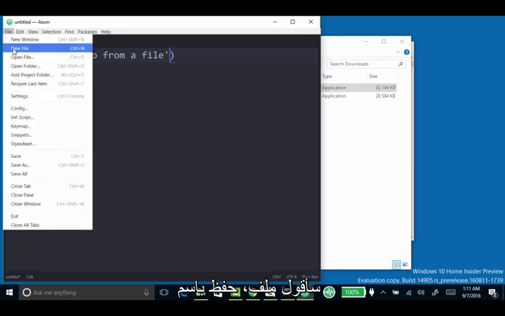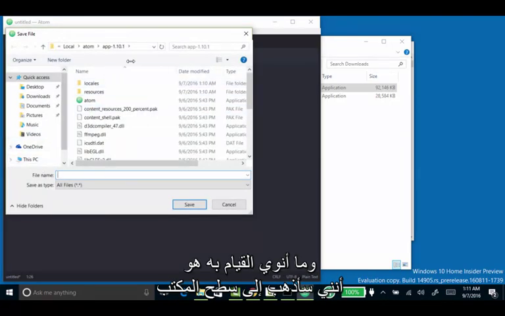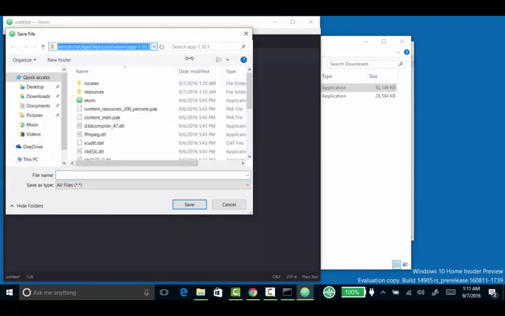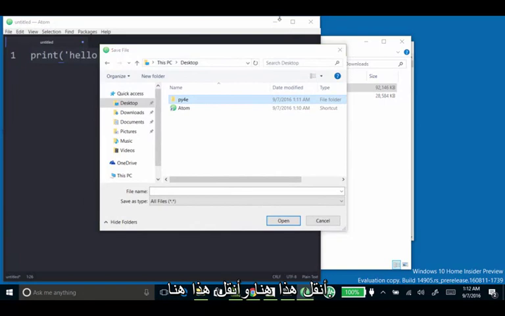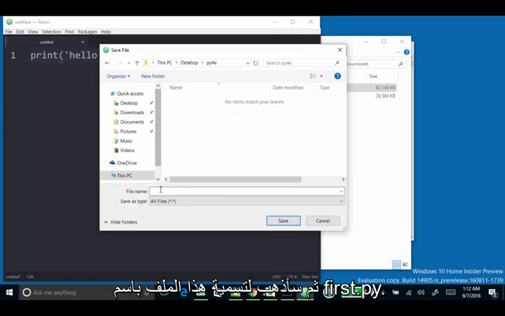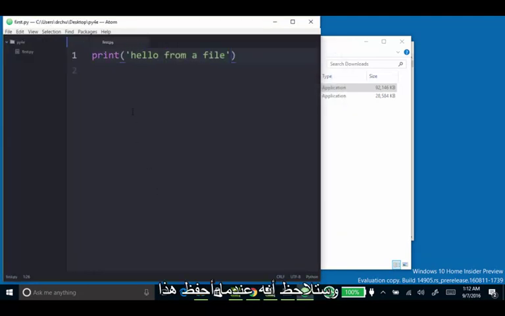I'm going to say File, Save As, and what I'm going to do is I'm going to go to my desktop, and I'm going to make a folder on the desktop. I'm going to call this folder PY4E. So I now have a folder on the desktop. I'm going to go into PY4E, and then I'm going to name this file first.py. And you'll notice that when I save this,